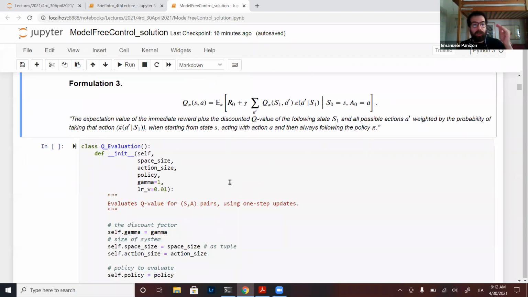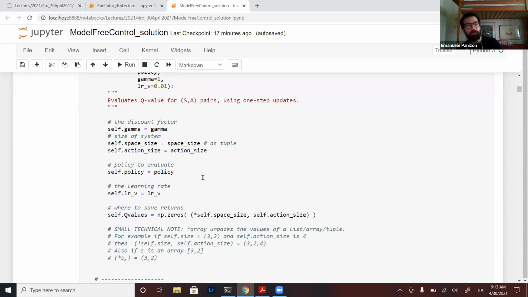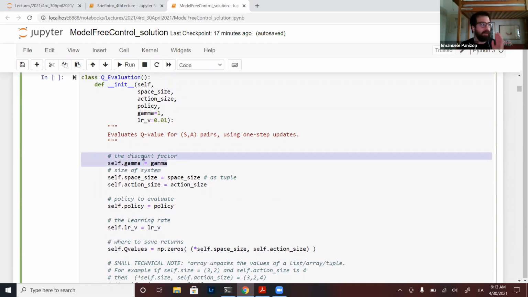So this is just the class. You will see that it's the same structure as the last lecture. I have tried to maintain the same structure in all the main code parts, so it's easier to go back from one to another. So this is the Q evaluation. Again, I'm asking for the gamma, the discount factor.